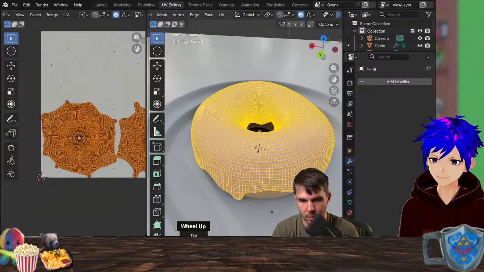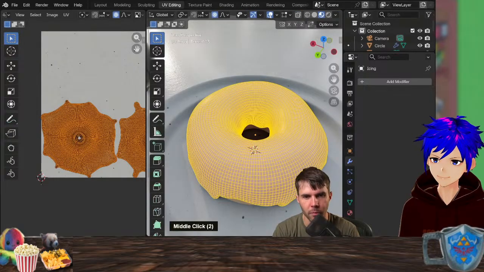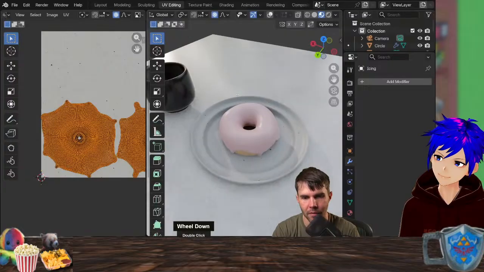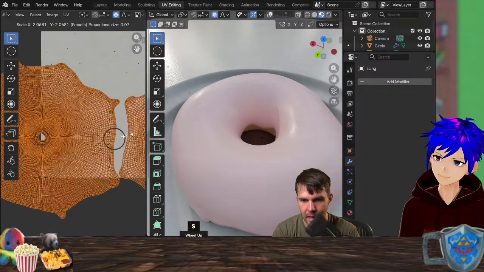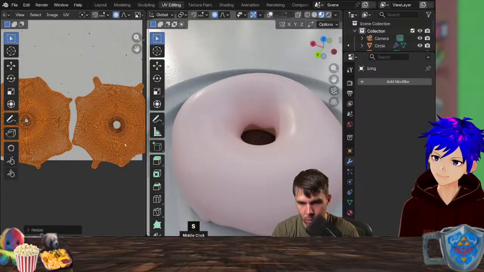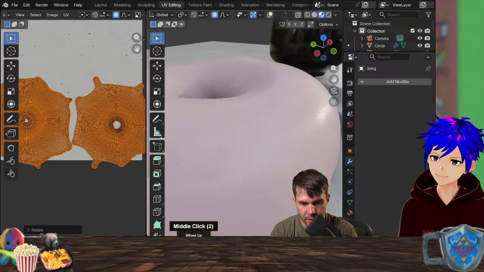Now the scale of this is probably wrong, so I like to change the scale here, and I want to see it over there. So I like to turn off my overlays at the top there. So you can just click that little box. That'll turn off everything, so you can't even see what's selected. And now I can just change the scale here, and I could make it bigger or smaller. But yeah, you can play with the size and try and get it good.